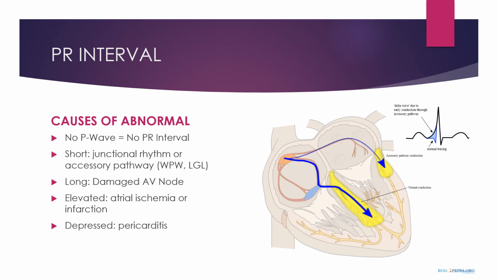Things that would cause the PR interval to be abnormal: there's no P wave. Okay, so if you don't have a P wave, you cannot have a PR interval. A PR interval might be abnormally short in a junctional rhythm, and this makes sense because if I draw